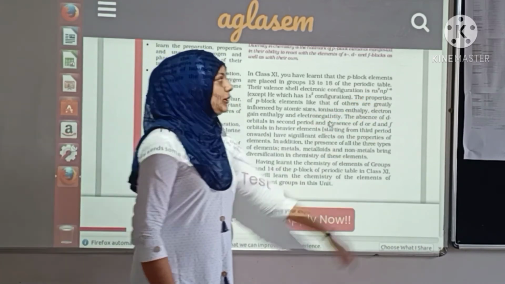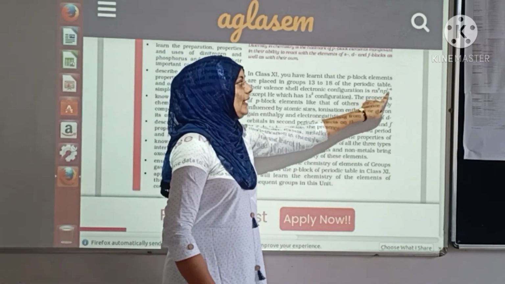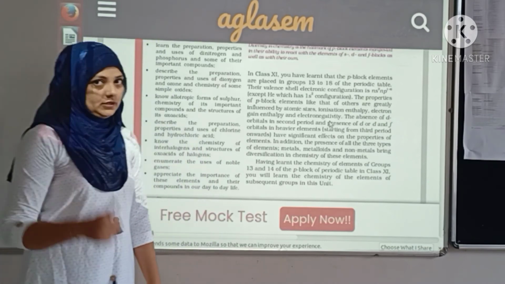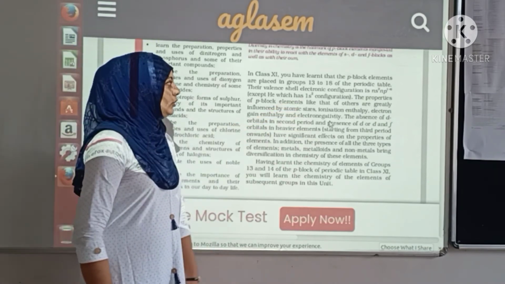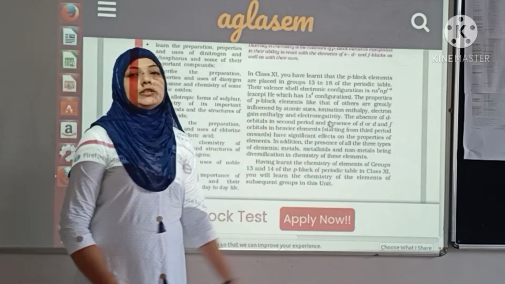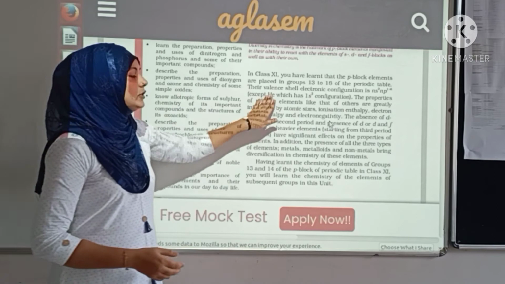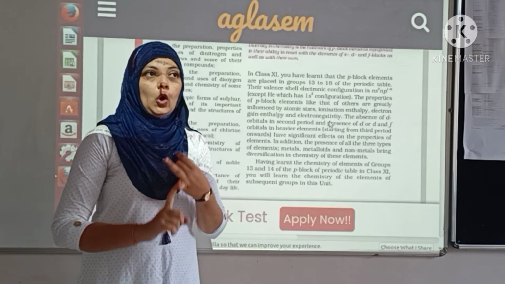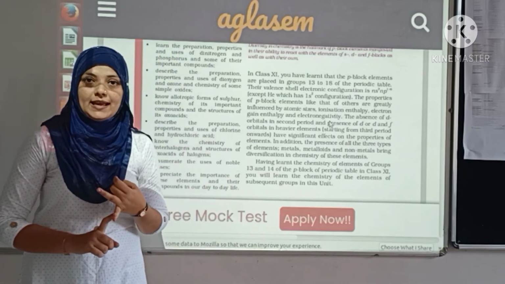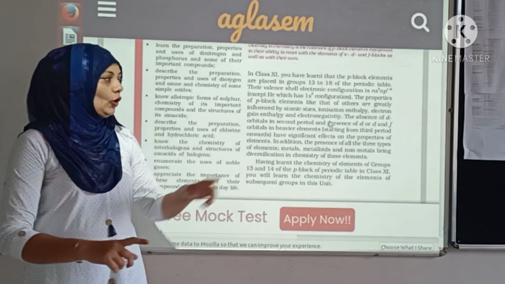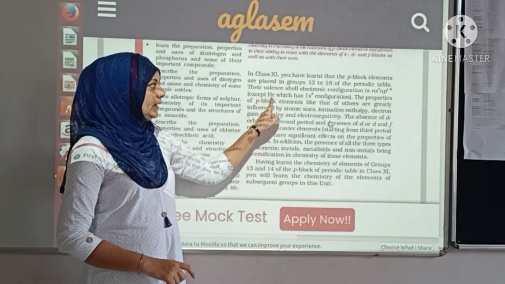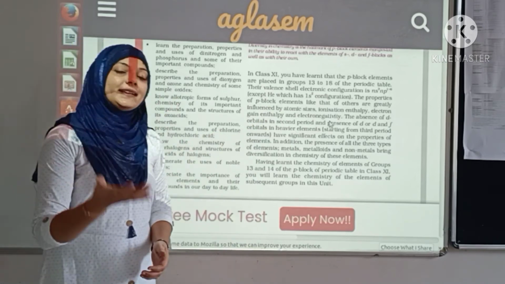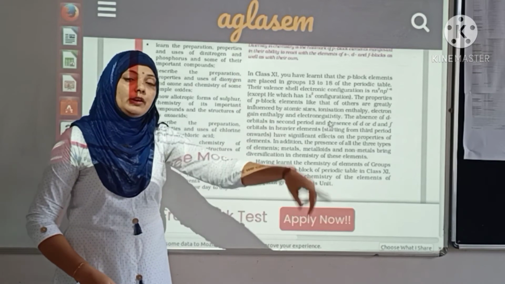So 1 to 6 electrons can be filled in your p orbitals. When we talk about this, dear student, we say except the helium. Dear student, the question arises that helium does not belong to the P block element, still it is there in the P block element. Why so? The electronic configuration of helium is 1s2, 1s2. So it should be placed in the S block element.